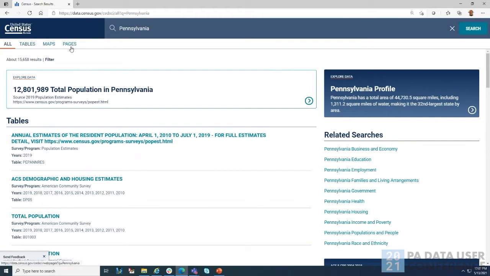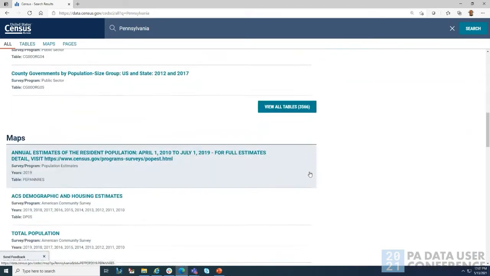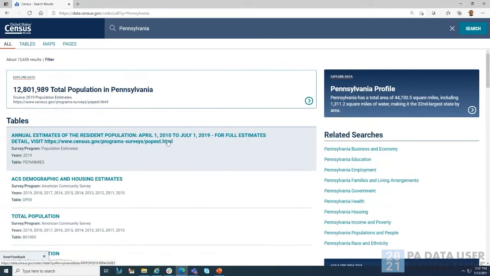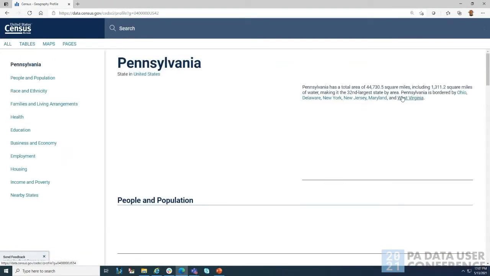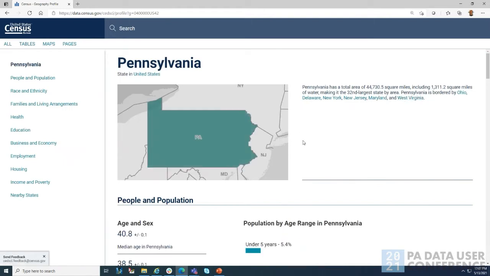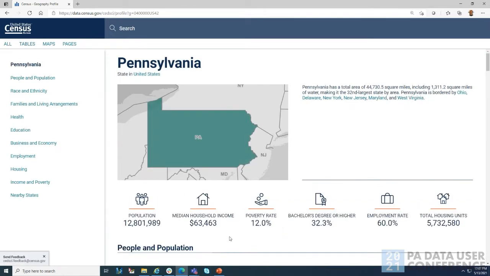Go to tables or maps or even web pages. You can scroll down and find these. So, your basic table, or on the right-hand side is our profile that I know we've shown you before. We're doing some work on it so that we can integrate it and make it align with our search return, so everything always gives you the same estimate back. This is not an issue most of the time, but when you start talking about data availability versus a traditional way of pulling summary levels, case in point, New York City.